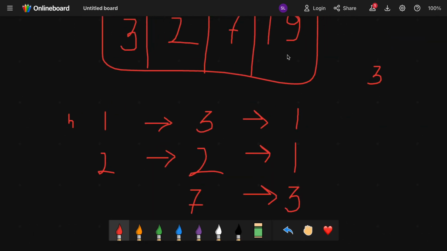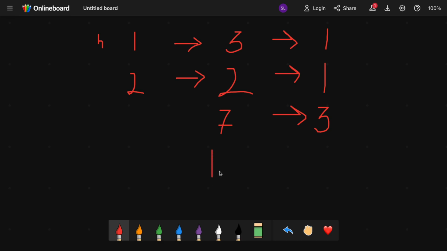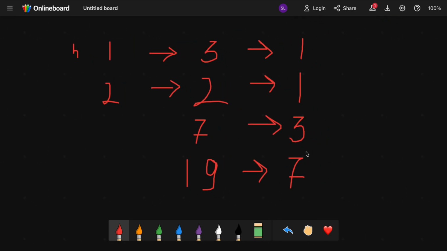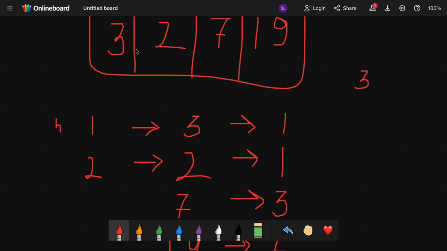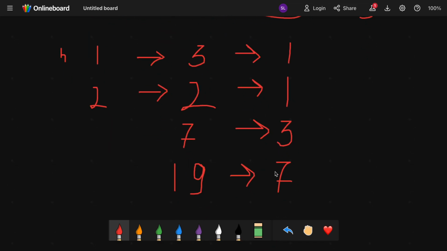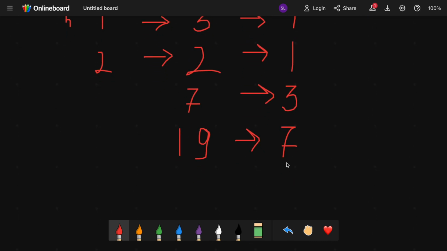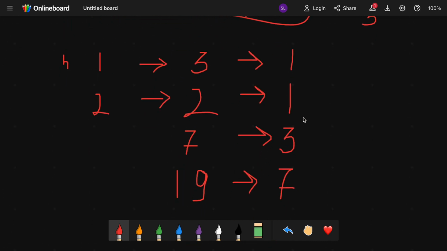Again, if I do the same for 19 bananas, then what will be the count? 19 divided by 3 is 6 point something, so 7 hours she is going to take, right? If you calculate, this is the 7 hours she will take to eat these bananas. So the total time taken to eat the bananas from all the piles is the sum of these hours. So 7 plus 3 is 10, plus 1 is 11, plus 1 is 12. So the total time taken to eat all the bananas from all the piles is 12 hours, but the guards are gone